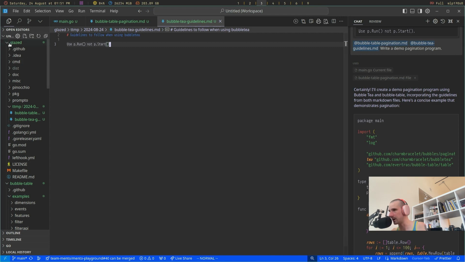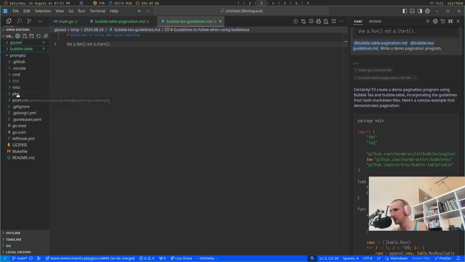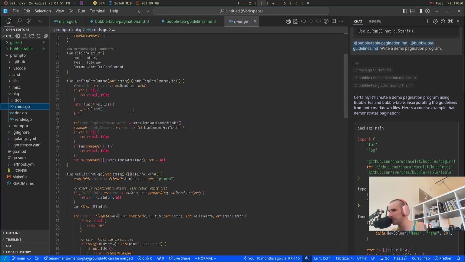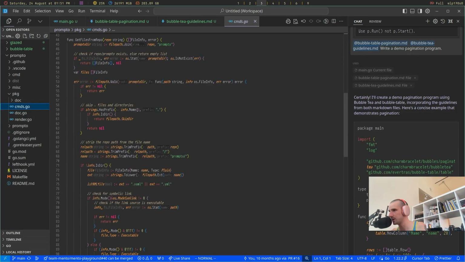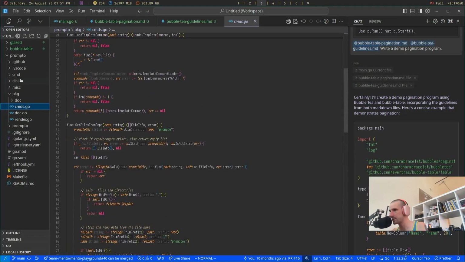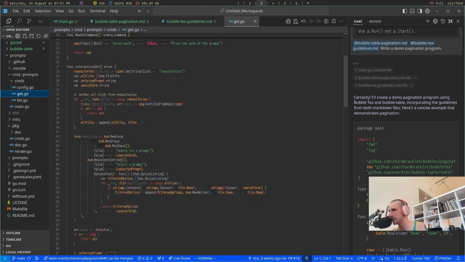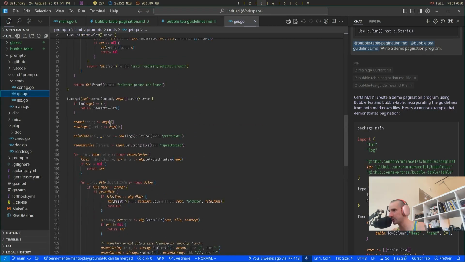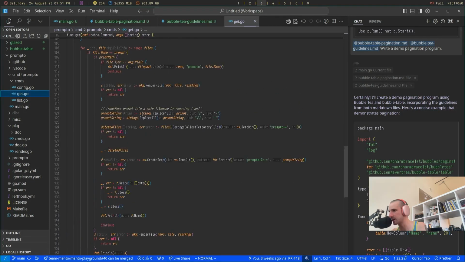Let's have a look at that. Maybe that will be fun, because I know this is totally within reach of an LLM to do very quickly, since I kind of know how to do it. I don't even remember how prompto works. So if I go into commands, I have get, there's the interactive get which I added, and then get, you can see, is really